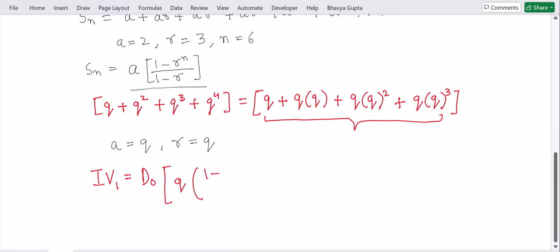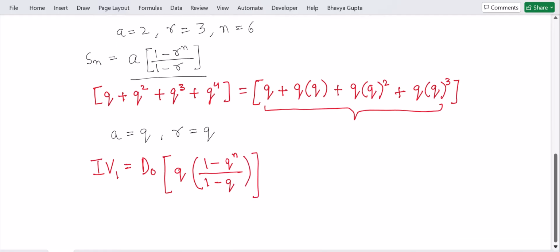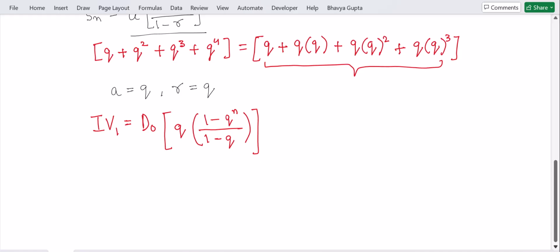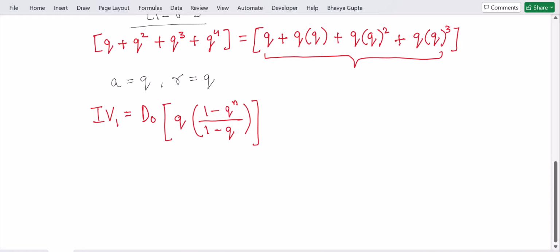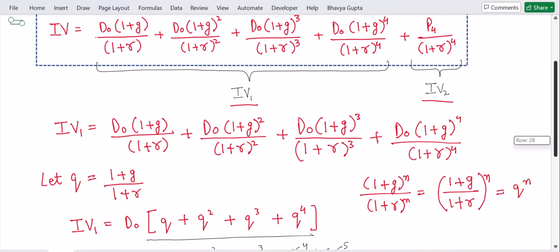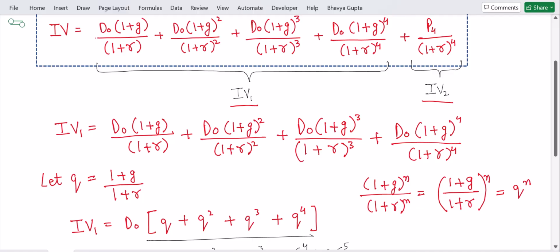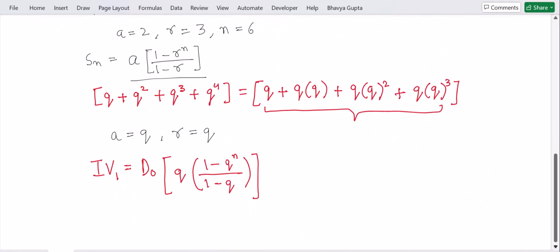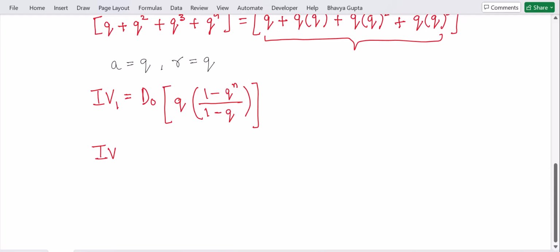R is again Q, so we can write Q raised to power n upon 1 minus Q. Now let's again substitute Q with the original part, which was 1 plus g upon 1 plus r. So let's substitute Q with that. IV1 will be D0